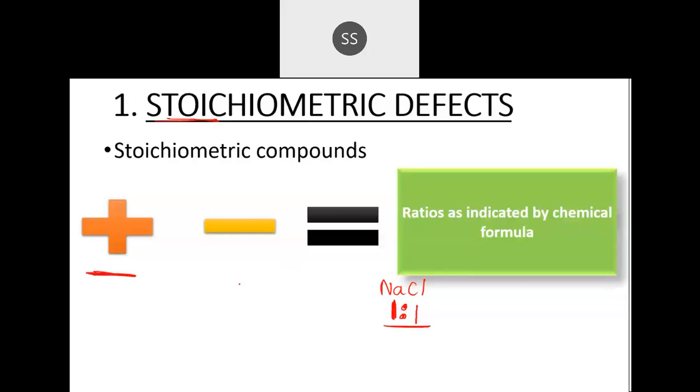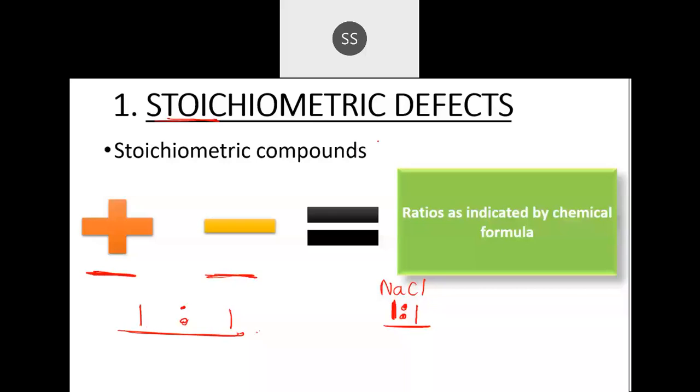After the defect is found, you measure how many cations and how many anions are there. If for one cation there is one anion present, then the stoichiometric ratio is correct. There is no change in the ratio, so that defect will be called a stoichiometric defect. If one cation has left, one anion also has left, without changing the ratio of that crystal. That comes under stoichiometric defect.